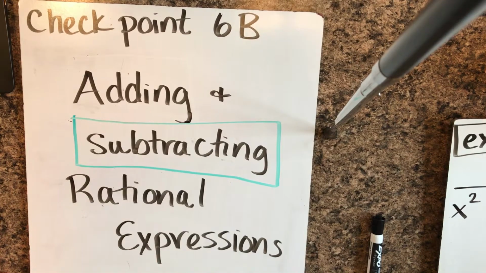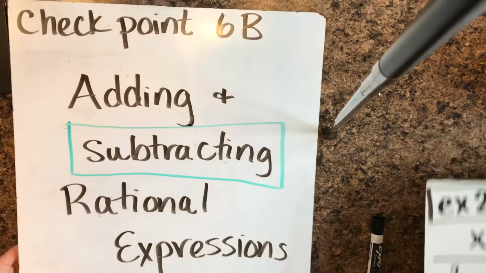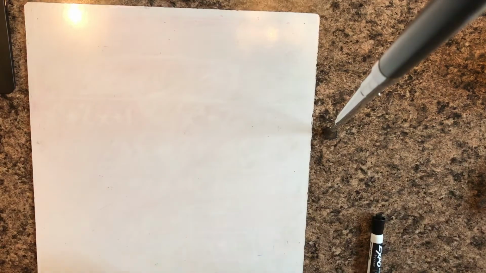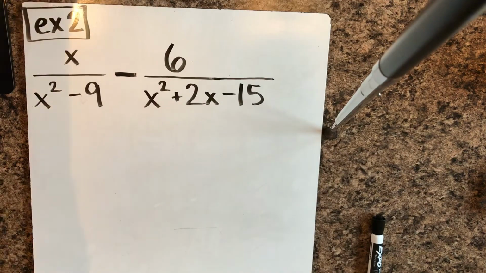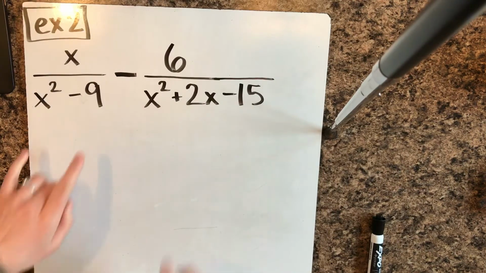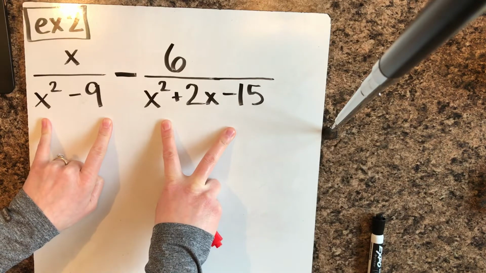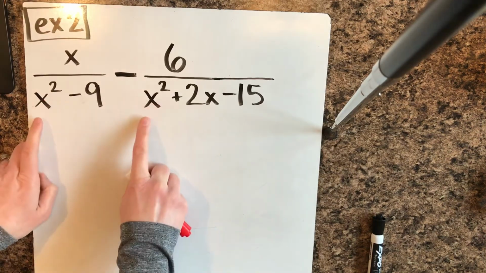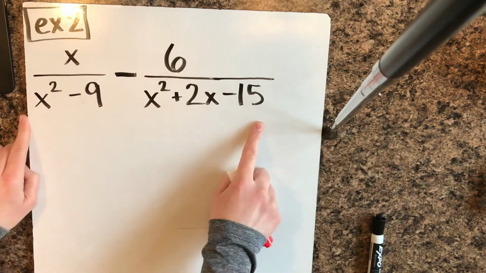Okay, here is example 2. We are talking today about subtracting rational expressions. And this one is a little bit more complicated than the one we started with. Okay, you're going to see that these two fractions do not have a common denominator. I know we see this x squared, but we can't really find a common denominator until we first factor both